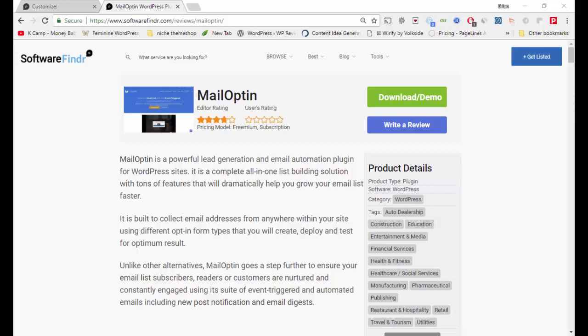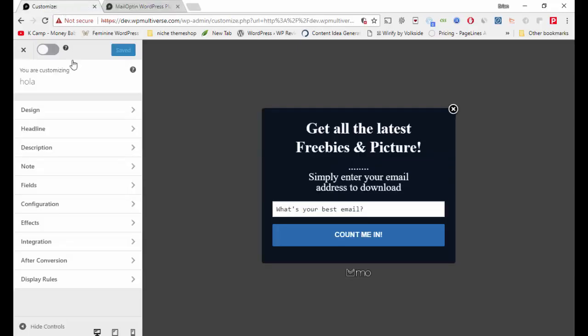Today I'm going to show you how to create an email opt-in form even if you have no technical experience. I recently used this method to create this lead capture exit pop-up. By the end of this video, you'll see the exact steps needed to get your opt-in form on your website